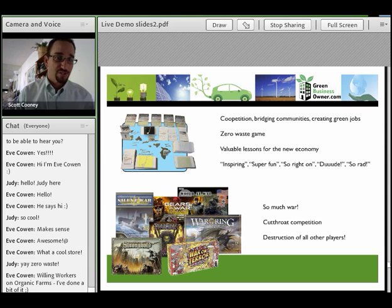So the difference between our game and a couple other games, I just put in screenshots of a bunch of other games at the bottom down here, but you can kind of tell there's just tons of war and tons of competition and a lot of cutthroat lessons that are being learned in these games. I mean, just think about Monopoly. The point of the game is to drive everyone else bankrupt and get filthy rich. You know, it's not the best lesson around capitalism, so we think that our game teaches co-opetition,